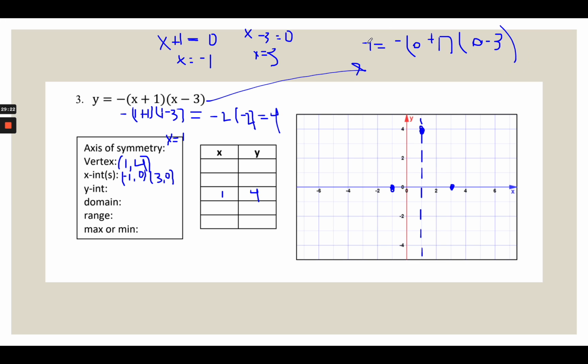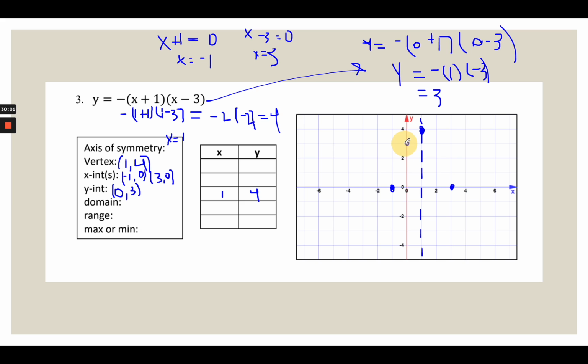Okay, so y is equal to 0 plus 1, which is just 1, a negative. We'll leave it in the parentheses. And 0 minus 3 is negative 3. Well, negative 1 times negative 3 is a positive 3. So our y-intercept is at (0, 3). Okay,